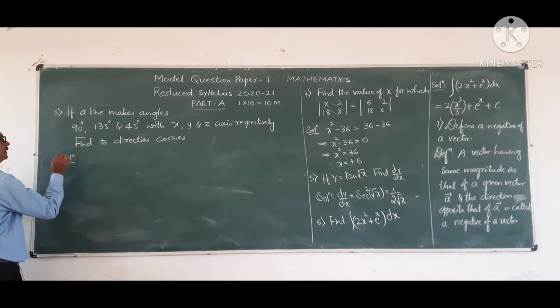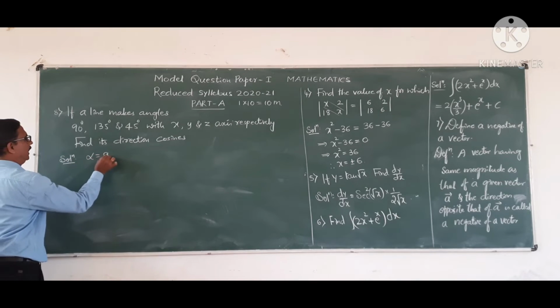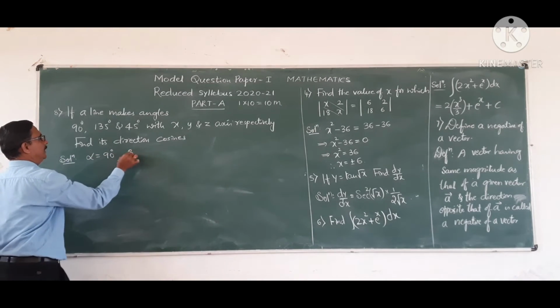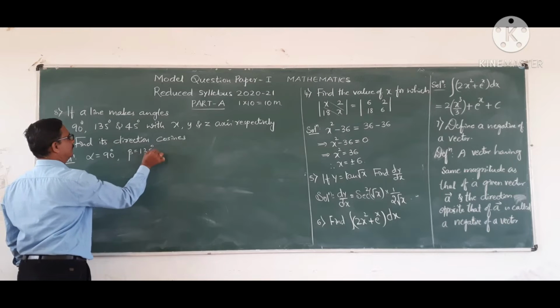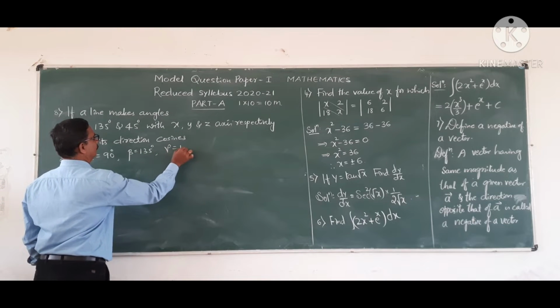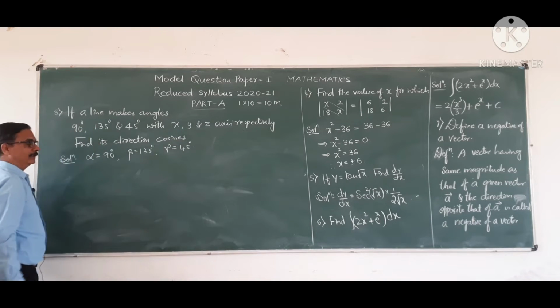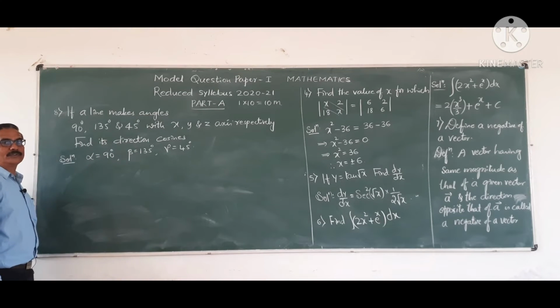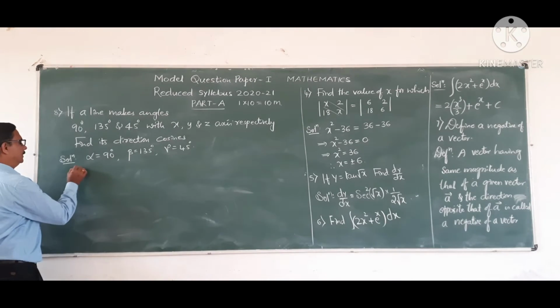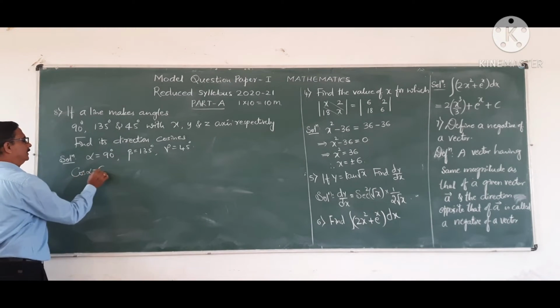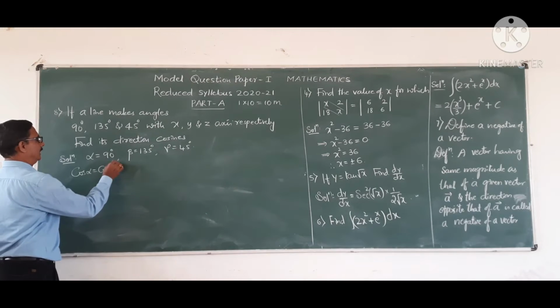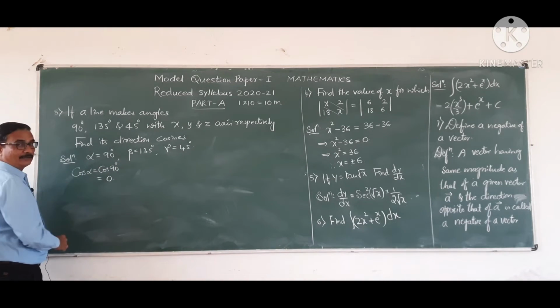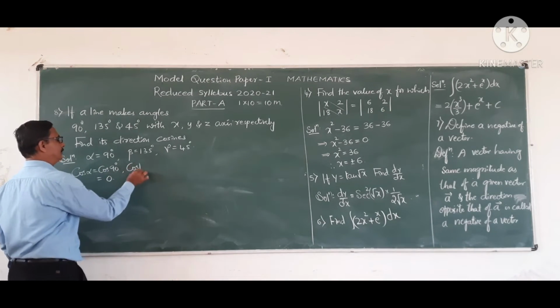Now here three angles are given, alpha angle is 90 degree, beta angle is 135 degree, gamma angle is 45 degree. Okay. Now find its direction cosines. Direction cosines are cos alpha, cos beta, cos gamma. Now to find cos alpha, cos 90 degree is 0. Then to find cos beta,